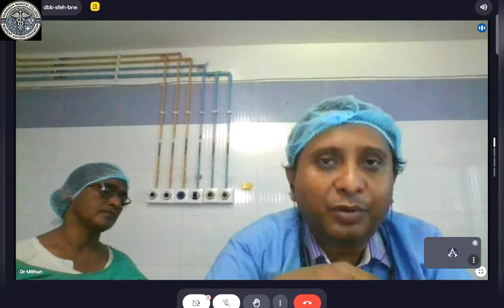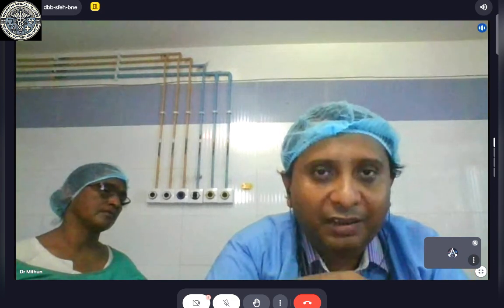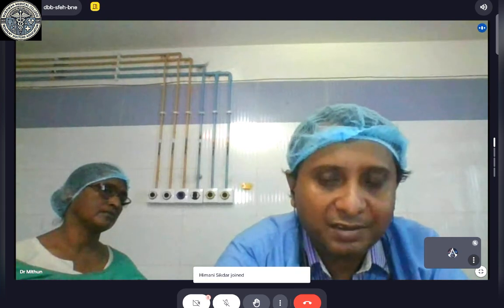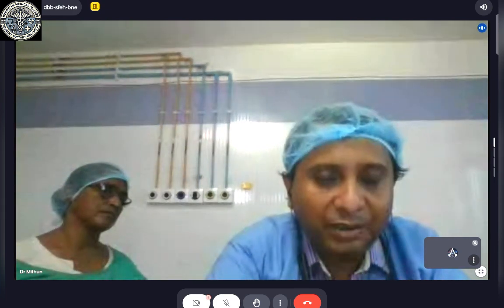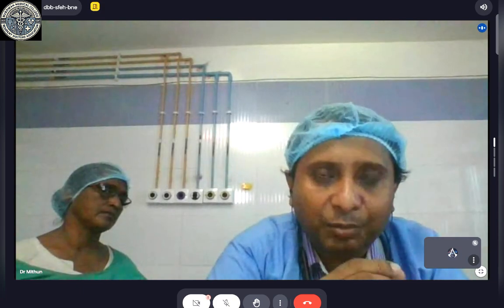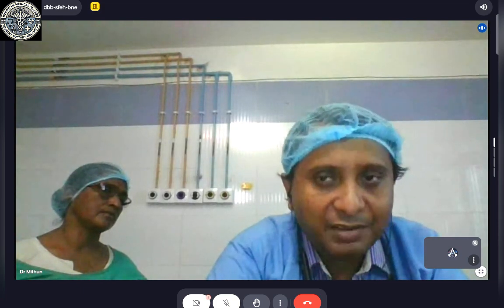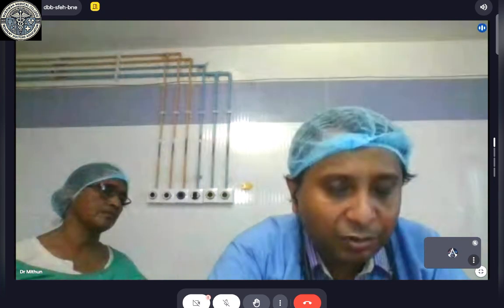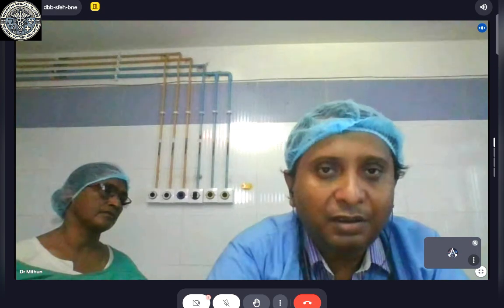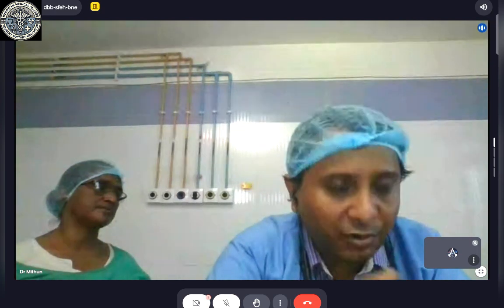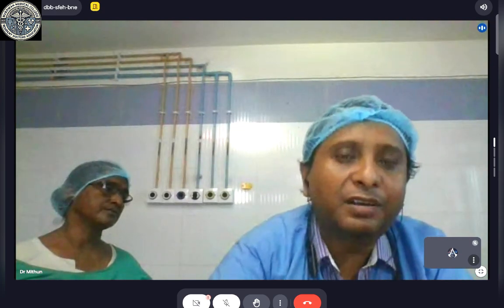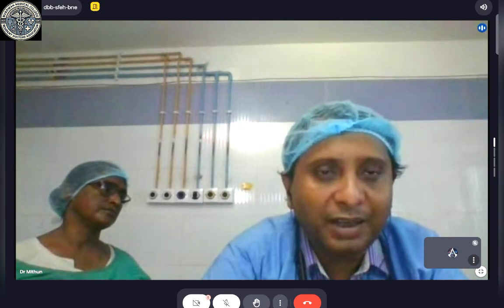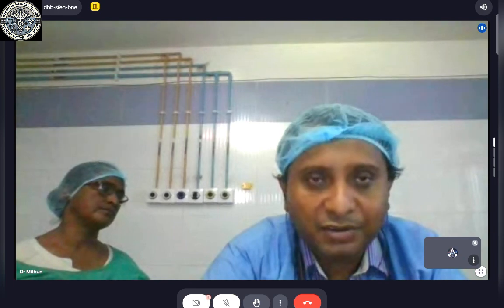So systemically, if we proceed to the abdominal part, we will divide it into three organs. One is the upper GI, one is the lower GI, and the pelvic organs. In the upper GI, what will be the clinical features? If the patient is hypothyroid, there will be decreased appetite, but significant increase in the body weight. If the patient is thyrotoxic, the patient will have increased appetite, but significant drop in the body weight. So far as the colon is concerned, in hypothyroid, we will get constipation, and in thyrotoxic, the patient will complain